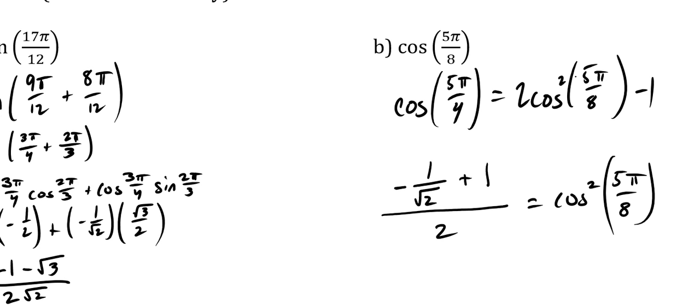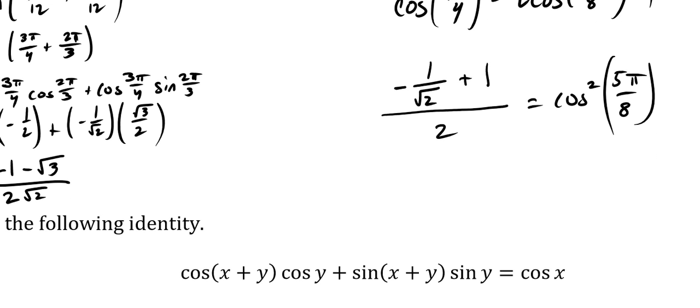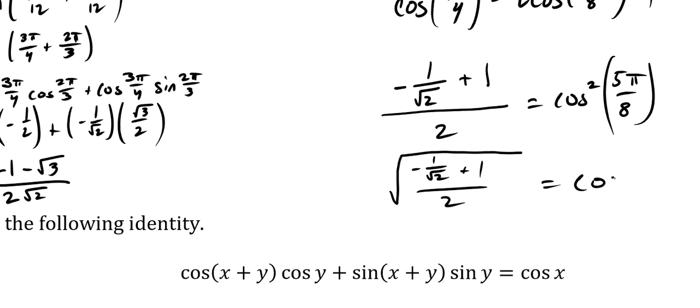You could do a common denominator here and have that as root 2 over root 2. That's going to make it look a little bit nicer. But you don't have to. Then I'm going to take the square root. And what do we need to think of when we take the square root of something? There's a plus and a minus, but